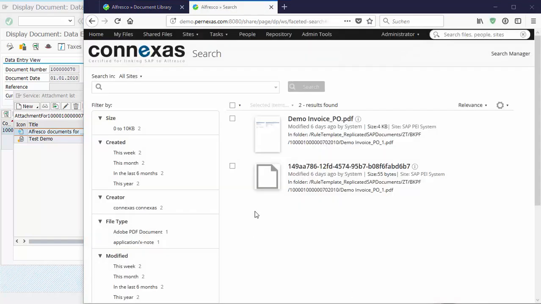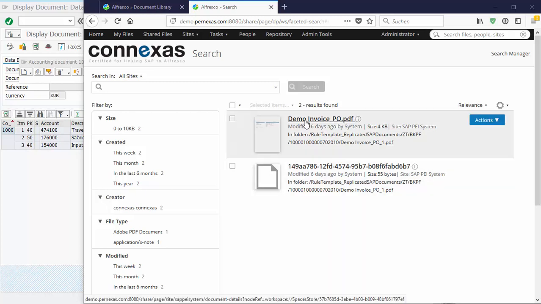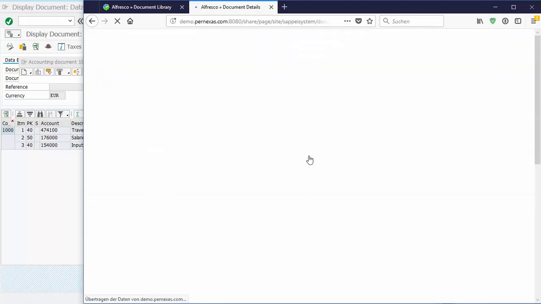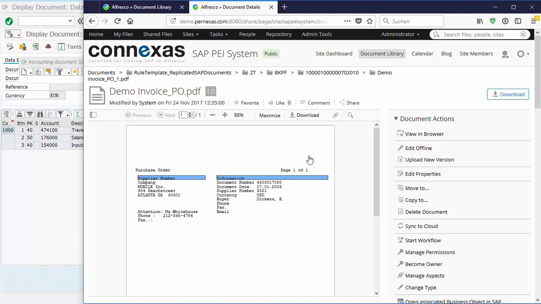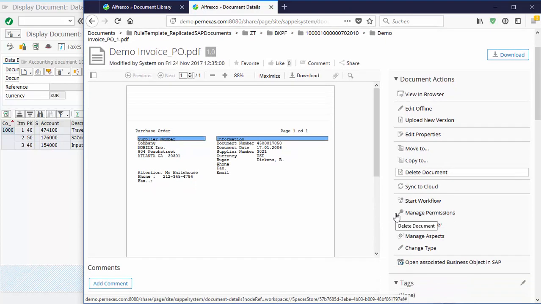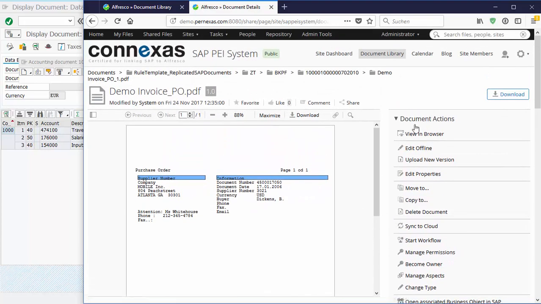Now the result is maybe not so astonishing because of course these are the only two documents that we stored with this invoice number. We have our faceted search, but the interesting point becomes if you store more documents for this invoice, for example, in Alfresco. And from this point on, of course, you can continue to work on the Alfresco side in Alfresco Share with the options that you're allowed to use based on your authorization. Typically the authorization is very restricted to SAP-related documents, but theoretically you can adapt the authorization so that you can continue with all the powerful Alfresco